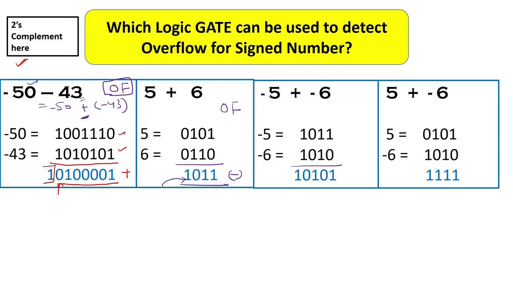Again, if you add -5 and -6, you get this answer. And in 2's complement this bit will be discarded because this is the 5th bit carry out bit. So this is a positive number now because the last bit is 0. So while adding two negative numbers, I got a positive answer, again overflow. Now in the last case, while adding 5 and -6, two opposite sign numbers, I should actually get -1.